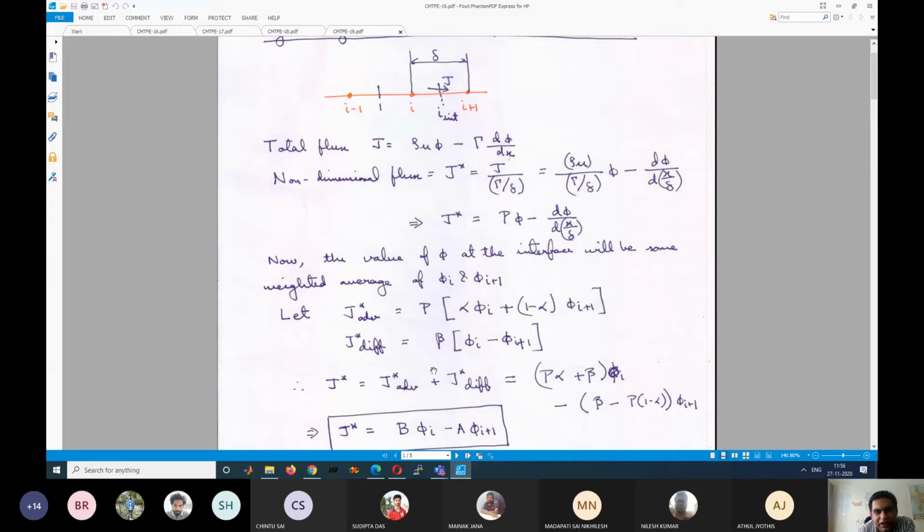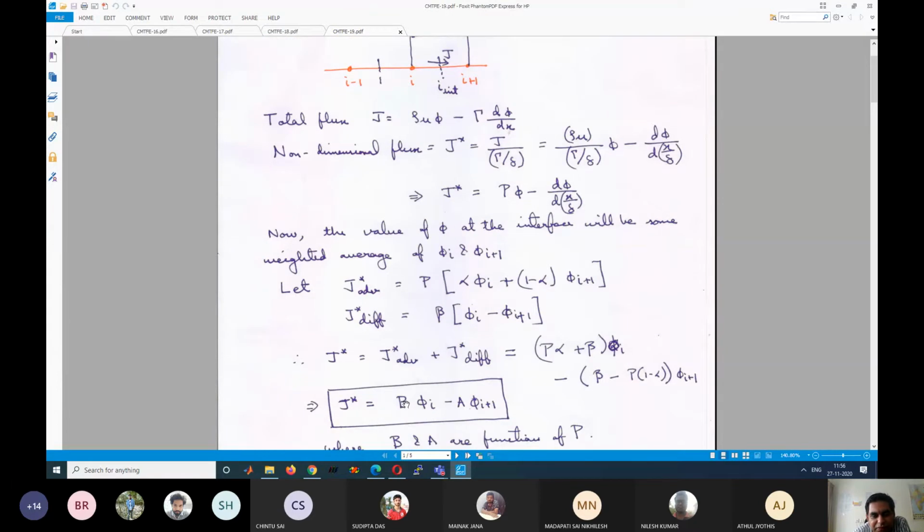So what should be the Peclet number when we reverse the grid? Instead of b as a function of p, if I write b as a function of minus p, that should be sufficient, right? Because the only thing that has changed is that the Peclet number has changed direction, meaning sign. So now b will become b of minus p instead of b of p. Whatever was the format, see, b was 1 plus p. Now b will be 1 minus p. So b will become a function of minus p instead of plus p.